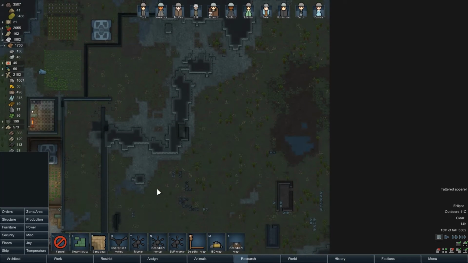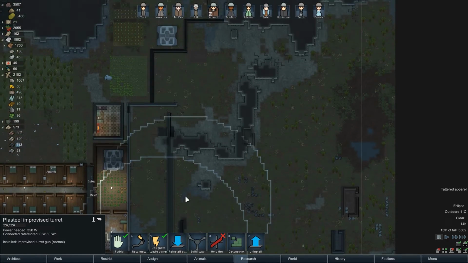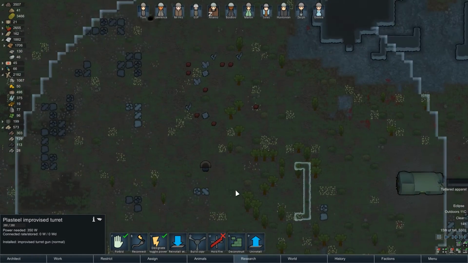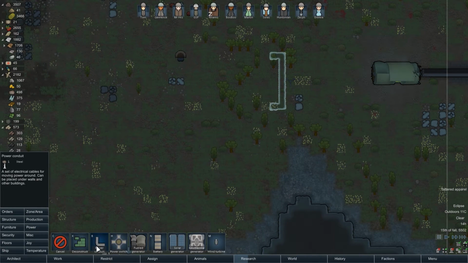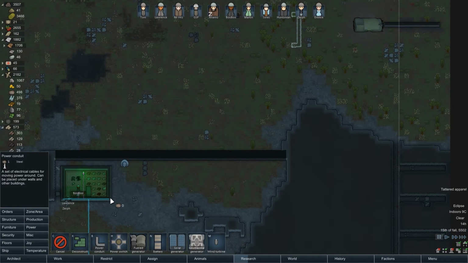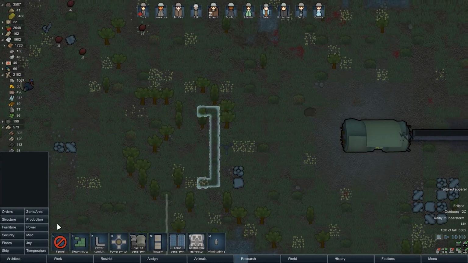Could maybe just reinstall a turret. Yeah, let's just do that. Save our energy a little bit and just reinstall a turret there. And run a power line up. And then we want to build...